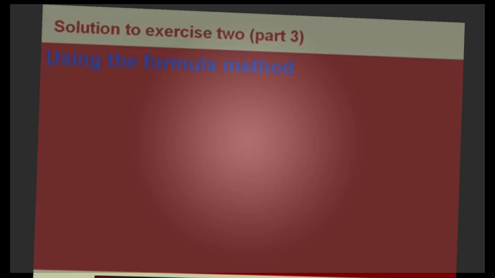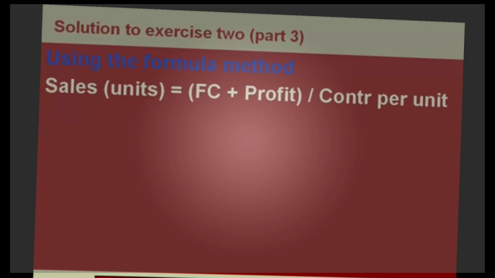If you use the formula method, which formula would you use? It's definitely on the right side because it's not break even. And it's the sales in units or in dollars. They gave you the sales in units. So it's on your formula sheet, the top formula on the right hand side, which is sales in units is fixed cost plus profit, the whole thing divided by contribution per unit,